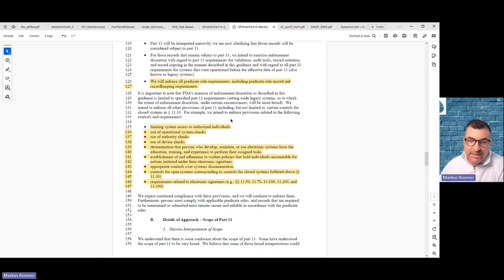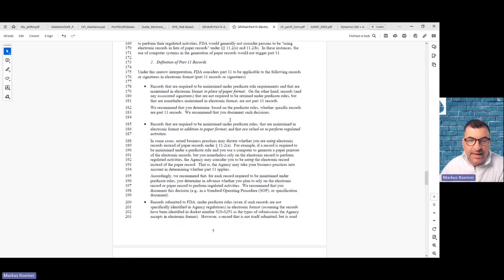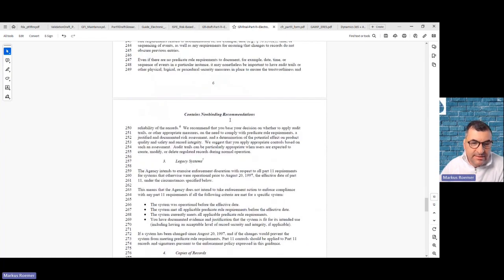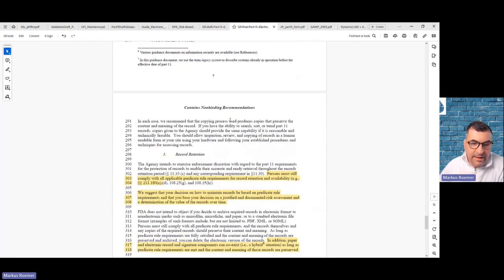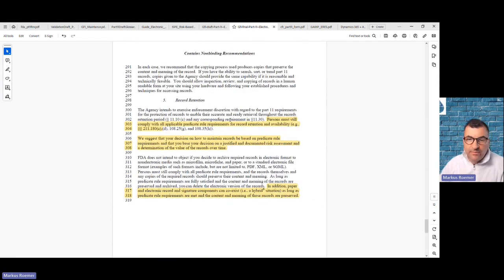We would not run such systems. And so that's the scope and application document. Persons must still comply with the applicable predicate rules, like